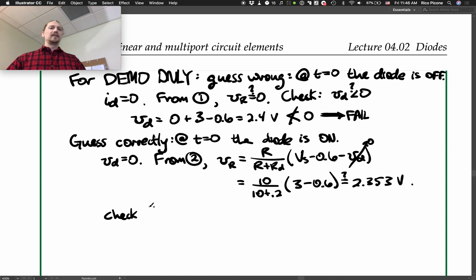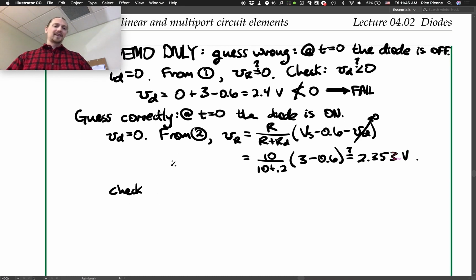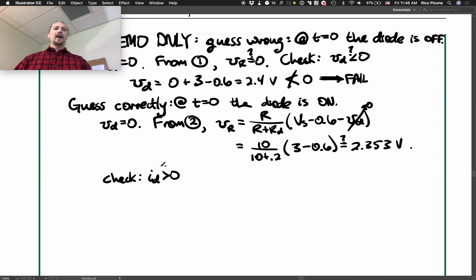By process of elimination, we have kind of already checked, but let's do our check anyway. We need to check that ID is in fact positive. That's the check. If it's in forward bias, it has to be conducting current through it in the forward direction. So we solve for ID from,